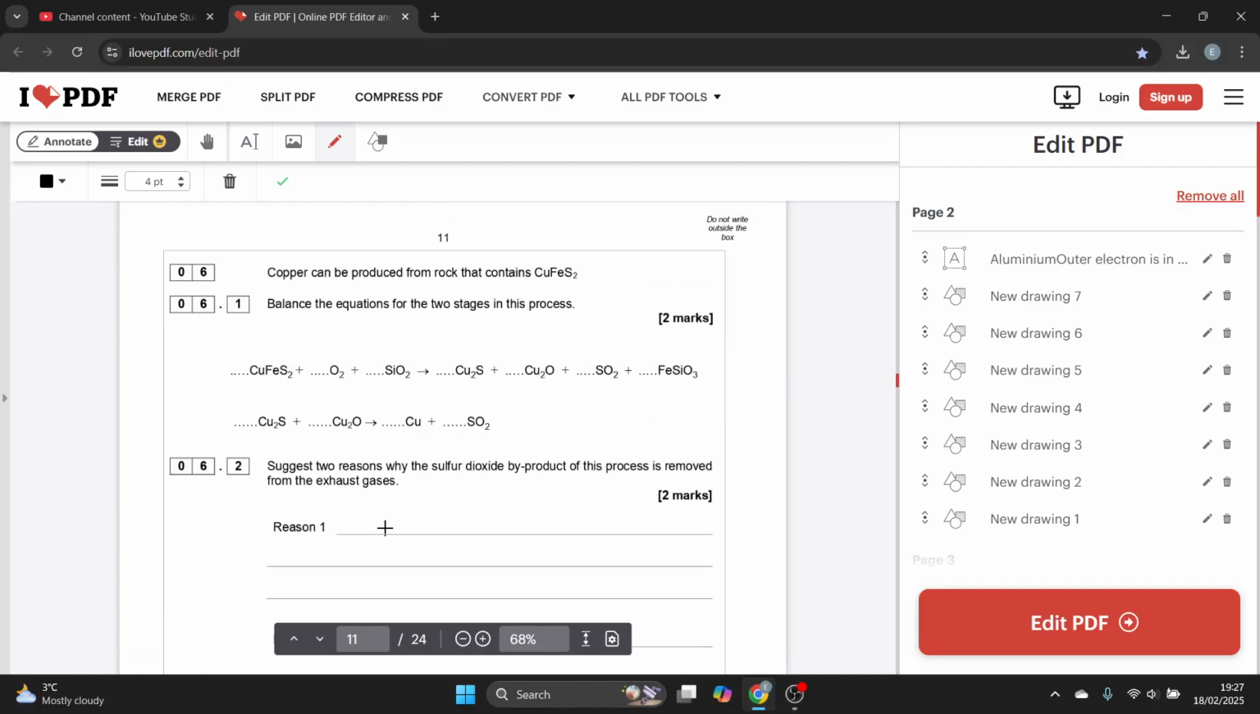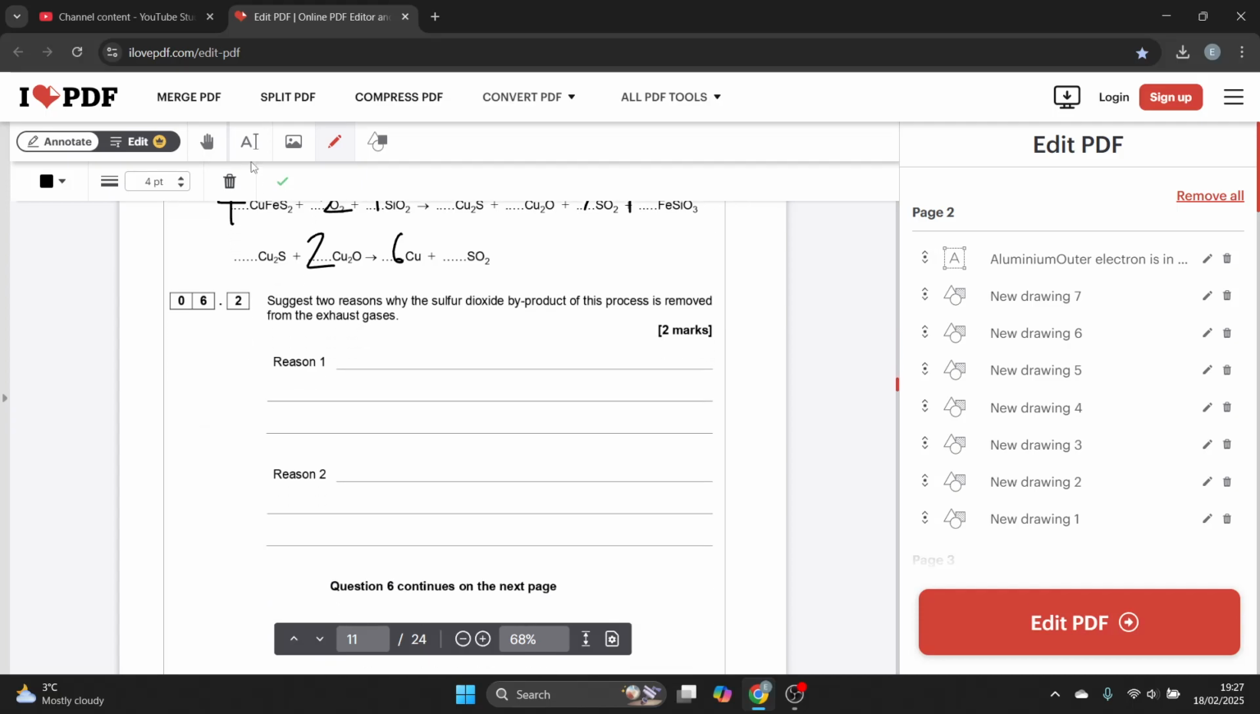Balance equation for two stages in process. 4 plus 9.5 over 2. 4 SaO2, C2, C2O, 7 SO2, 4 FeSiO3, 2, 6 SO2. So there's two reasons why the sulfur dioxide byproduct of this process is removed from the